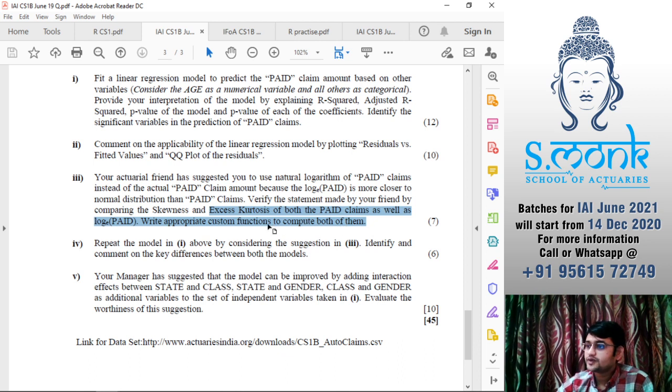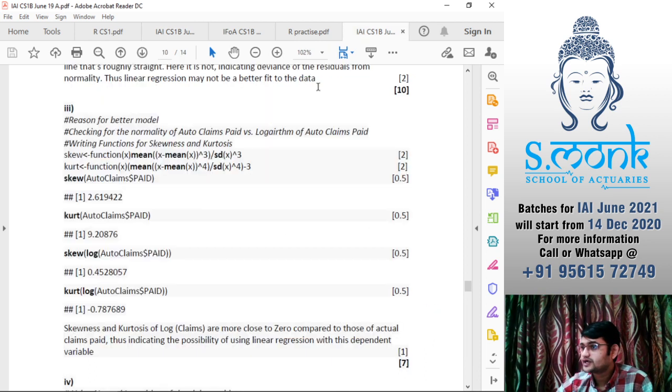So they are asking us to make a custom function out of it, so that is why they have made a function. How to make a function? First you will write the word function. We'll say whatever this is our new function. Then in the bracket you will specify how many variables that function will take. In this case only one, x, that is going to be a vector, and what to do inside that function with that vector.